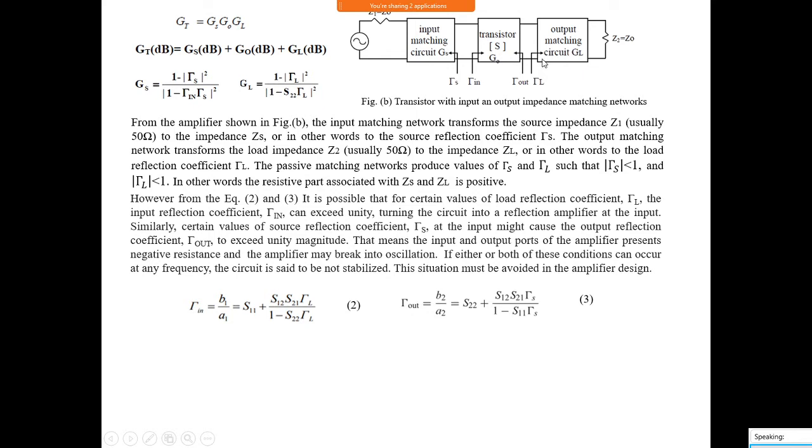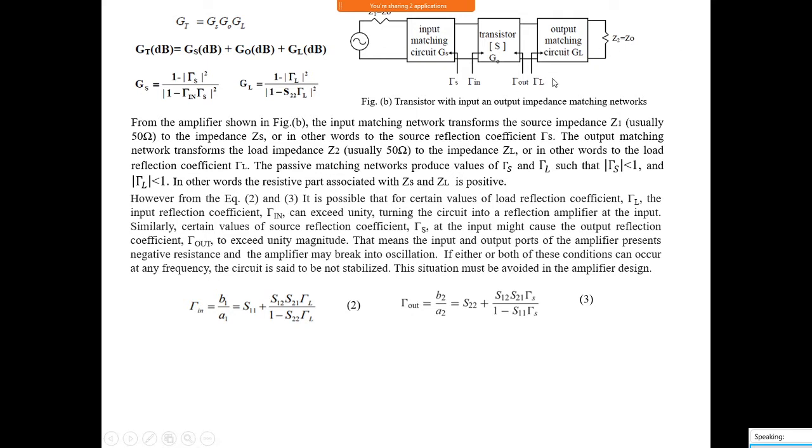If some value is there and you want 50 ohm, then also we have to use a matching network. That we were doing in the previous case. In the TLW, this was some ZL, but we were making that 50 ohm in the earlier case. In the impedance matching network, looking towards the load, the impedance must be equal to 50 ohm. That we were doing in the earlier problem.